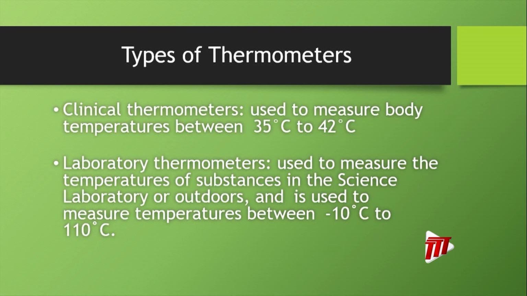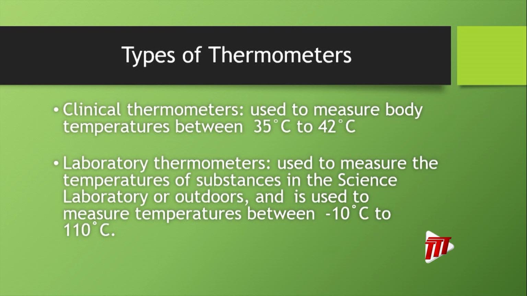The first one would be a clinical thermometer. And as the word says, clinical, like when you go to the clinic, the doctor, for a checkup. And when you go for a checkup, you are testing your body, how hot or cold you are. So the difference in a clinical thermometer would be the values, the markings of how hot or cold that thermometer can read. So look what we have here,